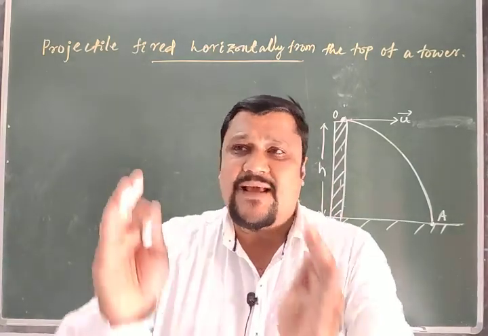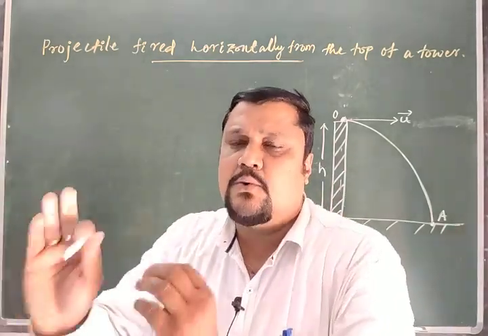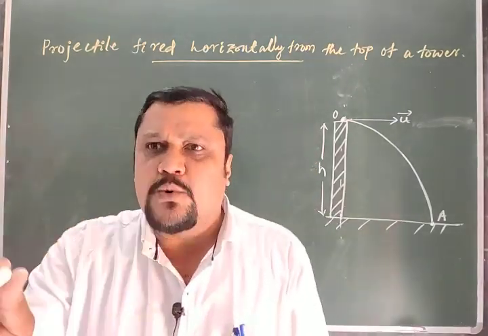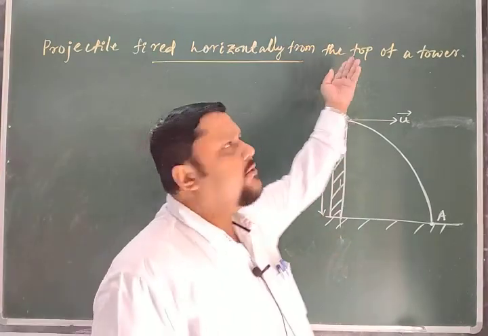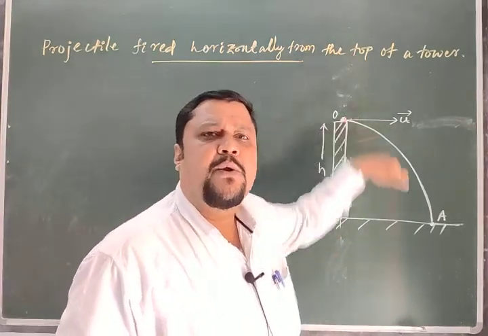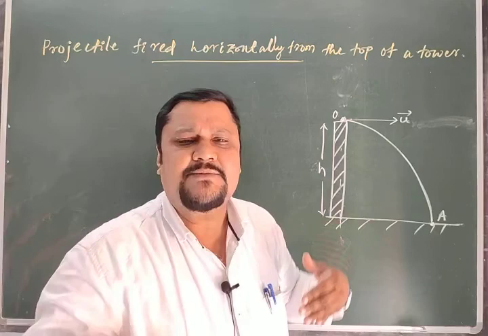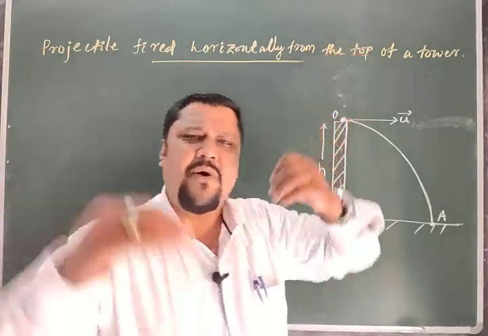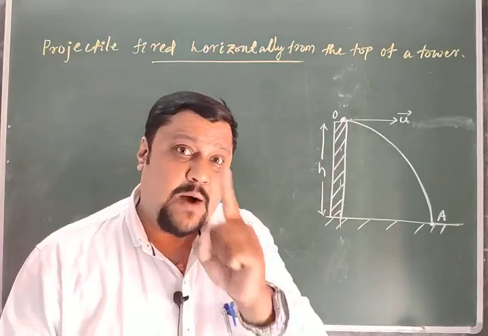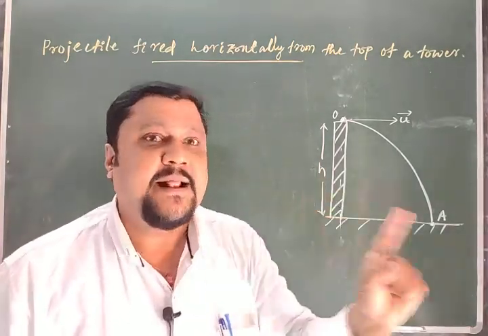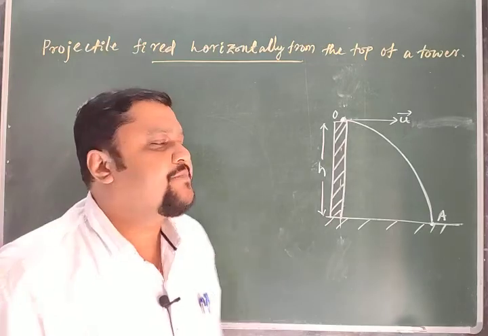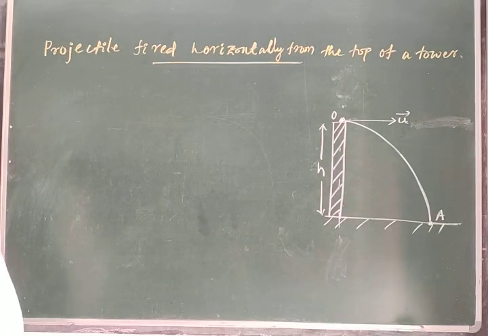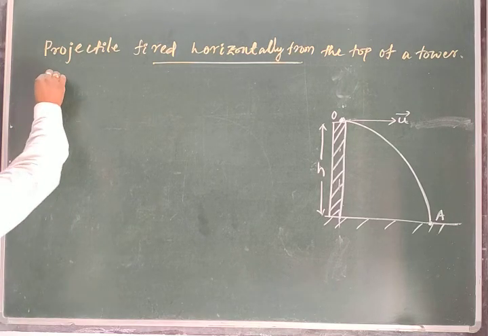We can use a simple logic to use plus or minus sign. There is no definite rule that above this you consider plus and below this minus. You can take as per your convenience. I will consider this plus, this will be minus. So it is up to you. But once you have considered one sign convention, that should be till the end. That is my point. So now I will go for the trajectory of the projectile.